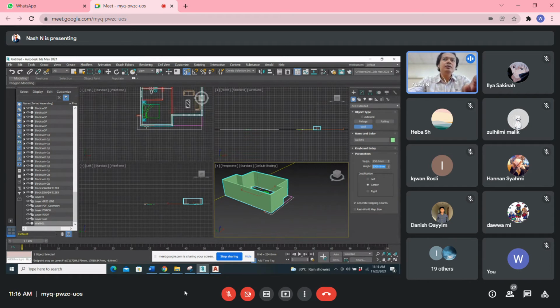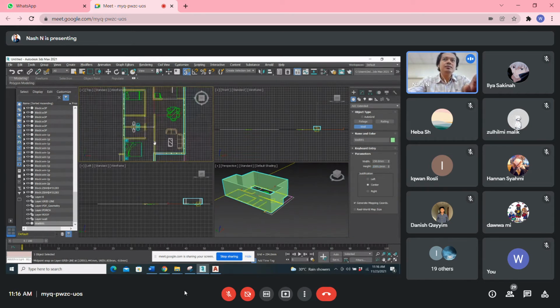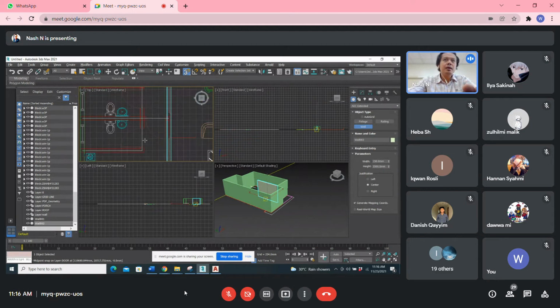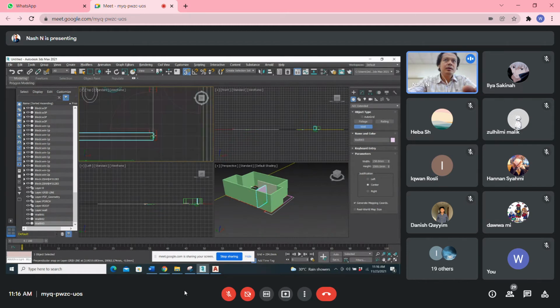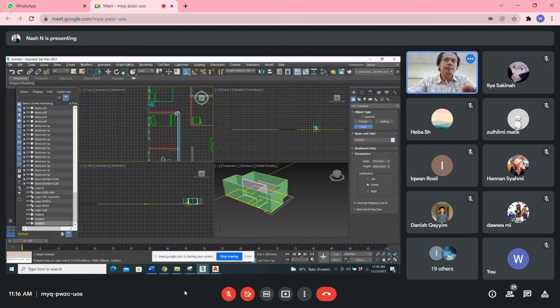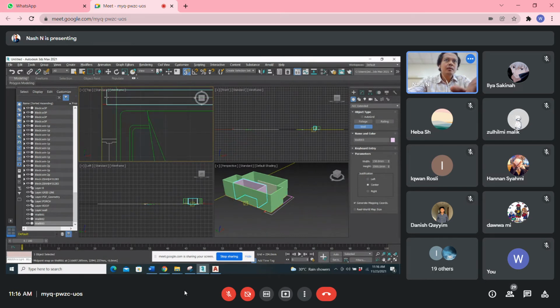Then you make another wall inside here. You just follow whatever wall that you have. Okay, here, and then go to here, and then escape. And then where else? Here. For this time you can use it like this. Escape.